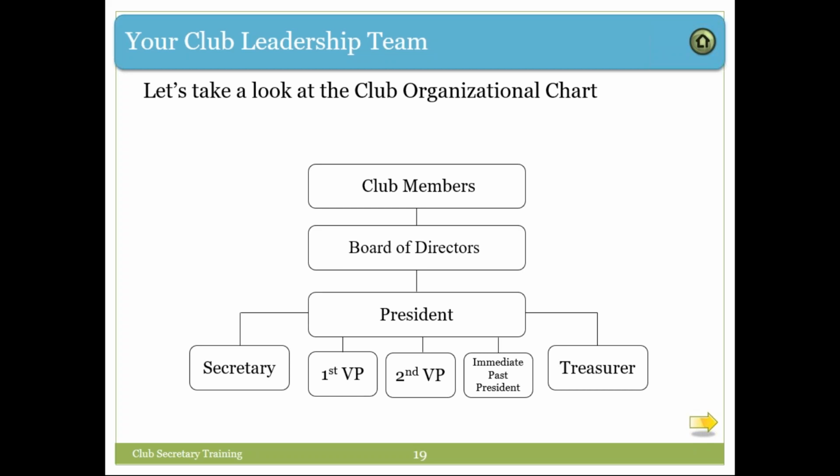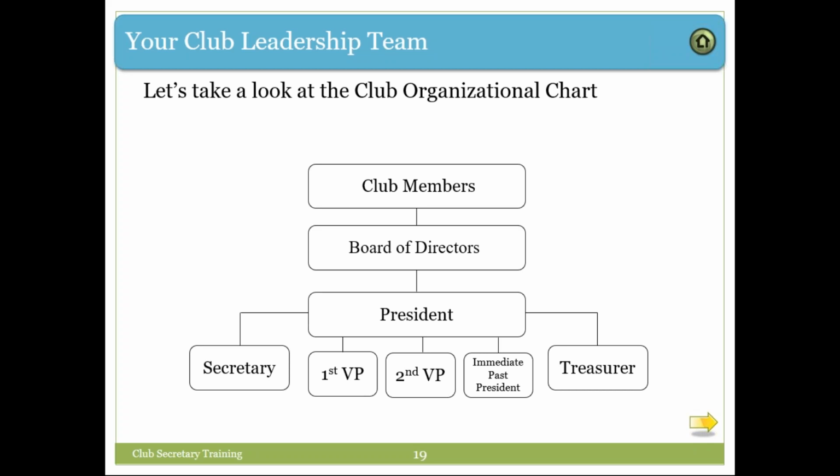Your membership chairman for your club is part of your board of directors. And there is a new position, and I think there will be 2 new positions. John can enlighten me on this one, but I think there will be a service coordinator at the club level, as well as the LCIF coordinator, which was added this year, where you had to elect as part of your board of directors. So those are the extra members of the board of directors.